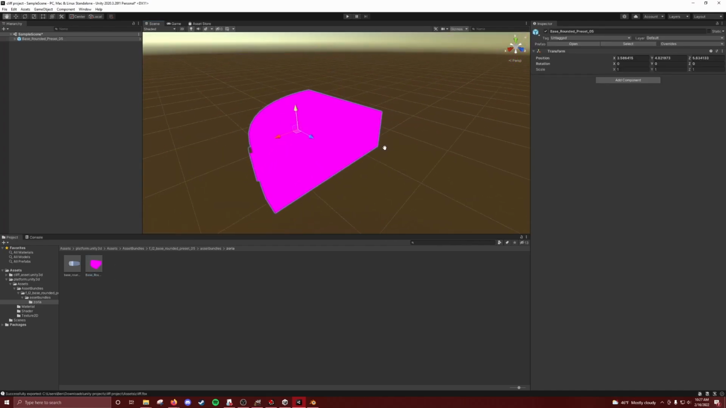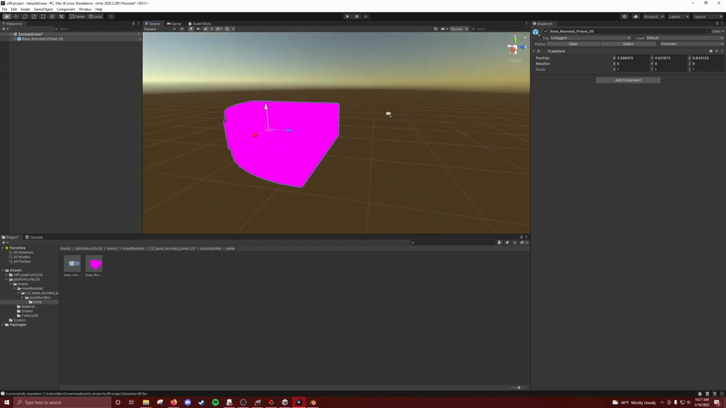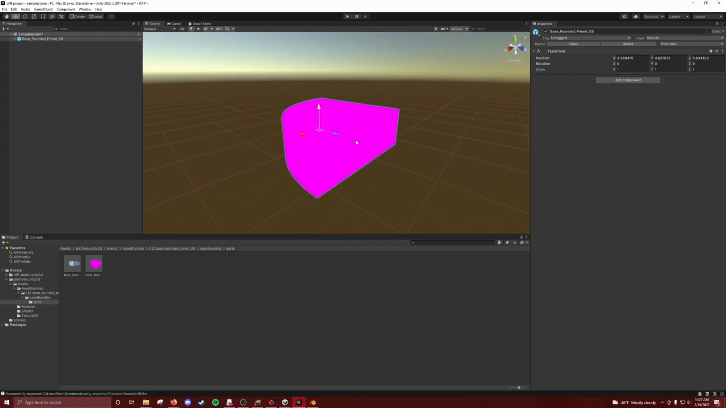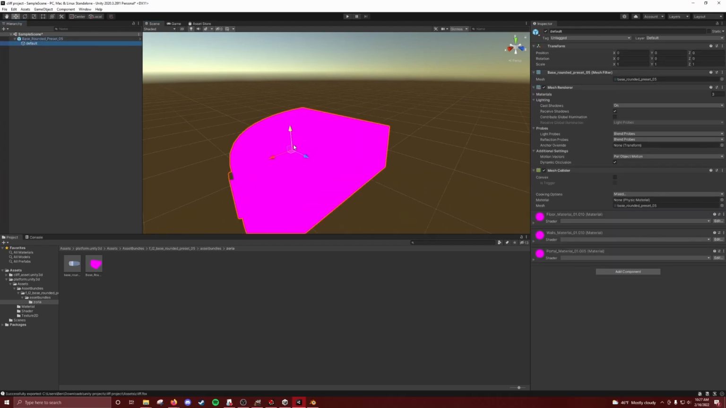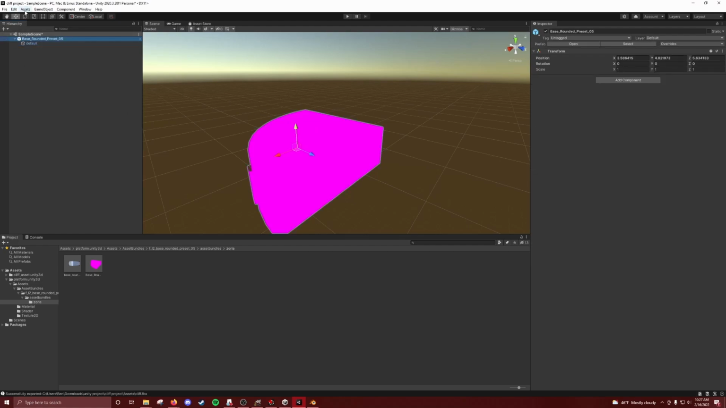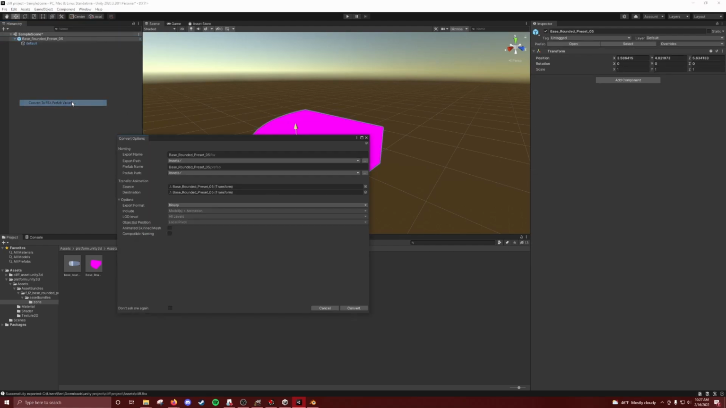Okay, this is what we're looking for here. So you can see that this is the object just without a texture applied. One thing you'll notice is that this is actually a prefab as well. So a prefab in Unity is basically a collection of objects rather than a single object. That's okay. But doing the FBX export, if we try to FBX export from this prefab here, let's just go ahead and do it because